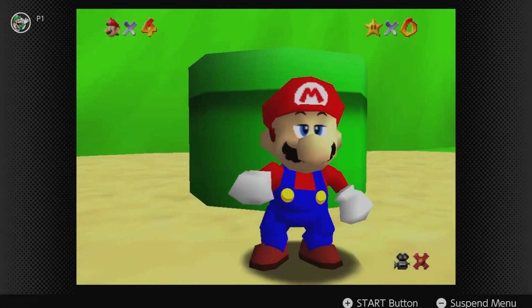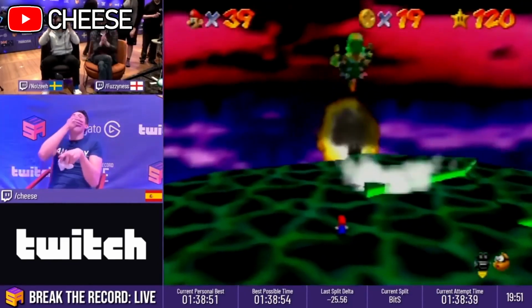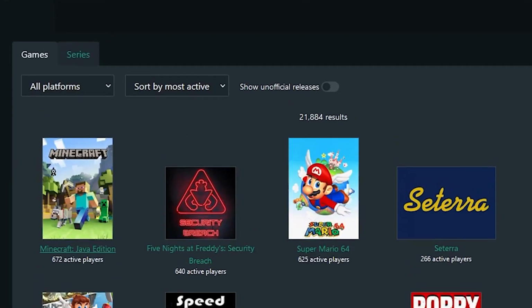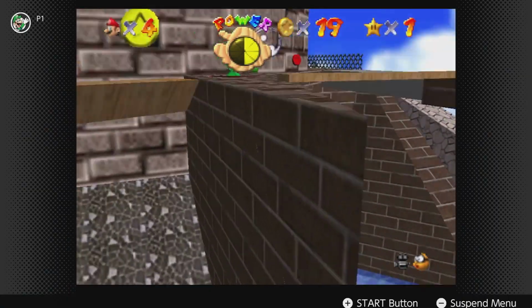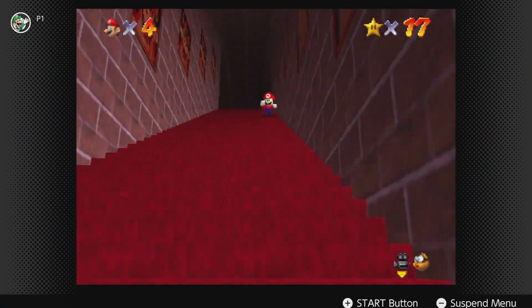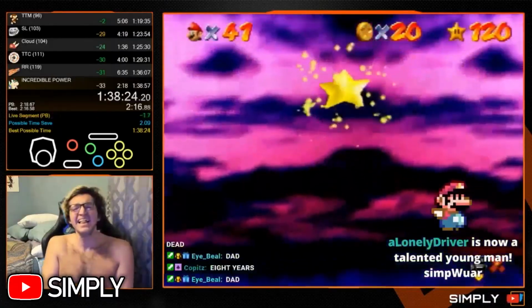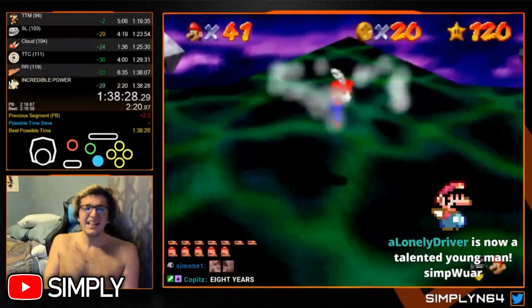Super Mario 64 is debatably the most popular and influential speed game of all time. Sporting over 600 active players, it is second only to Minecraft on Speedrun.com and has over 25,000 runs submitted. The game is full of amazing glitches and incredible movement at the top level that makes it the perfect game for competition. As a longtime watcher of speedrunning, I've wondered just how difficult would it be to get into it